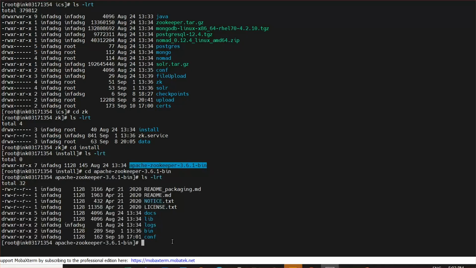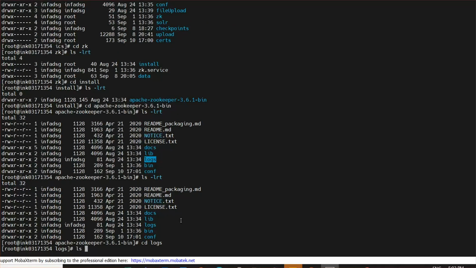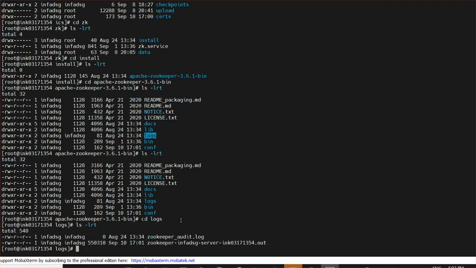And inside this directory, you can find the logs directory for Apache Zookeeper. To acquire the logs for Apache Zookeeper, go inside the logs directory, and there you can see Zookeeper audit and Zookeeper server logs for the Zookeeper service.